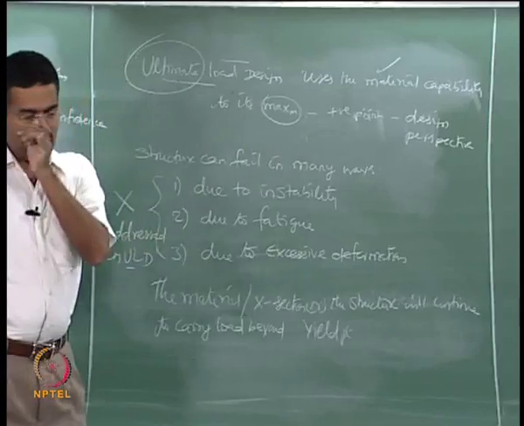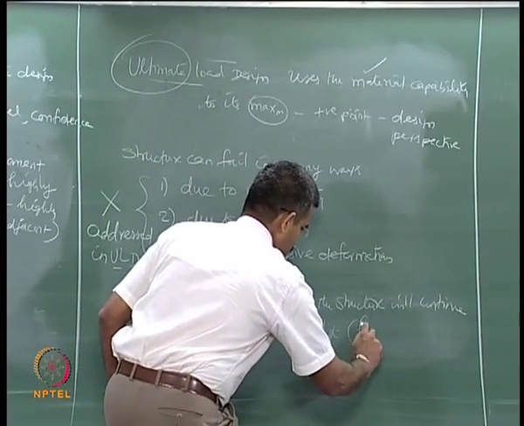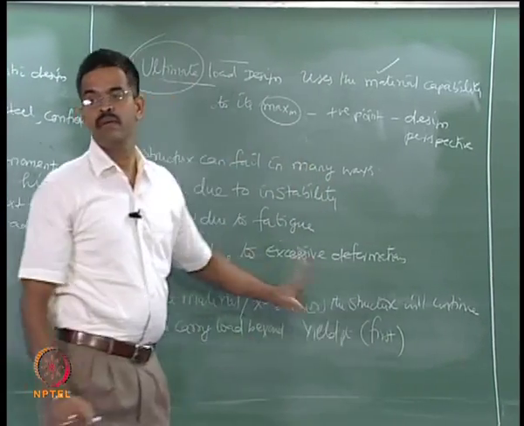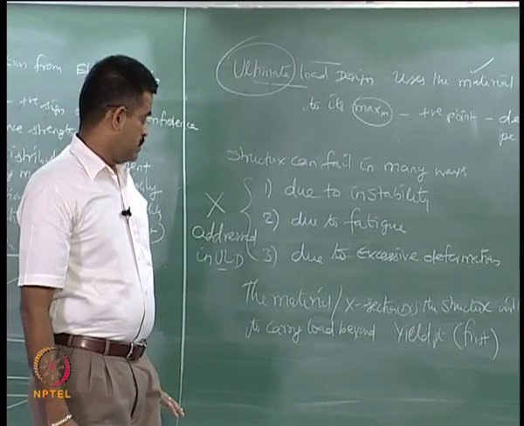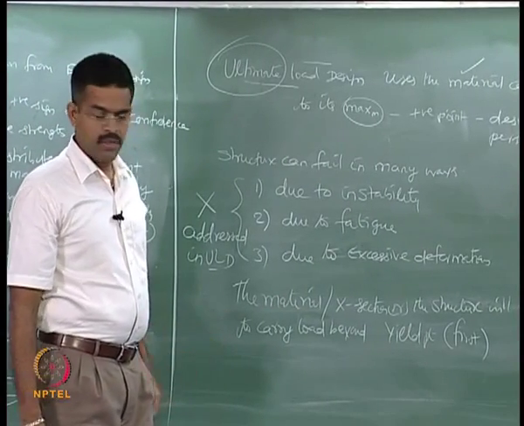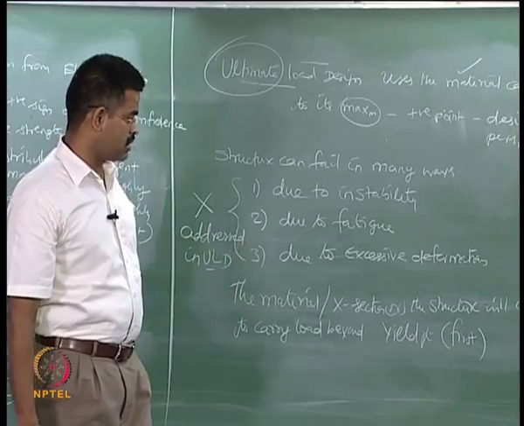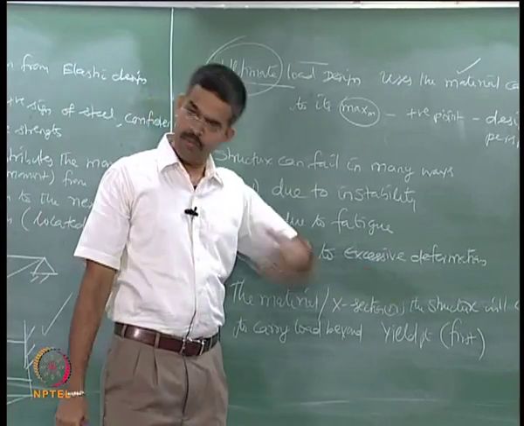To be very clear, let me write this as first yield point. The material or the cross section or the structure will continue to carry load beyond the yield point